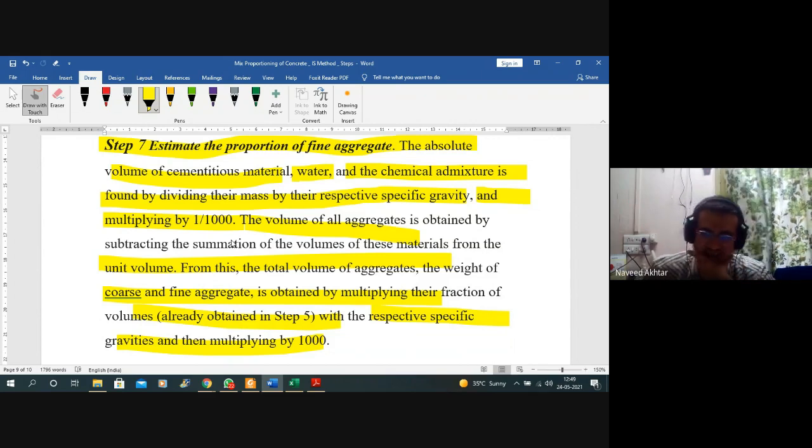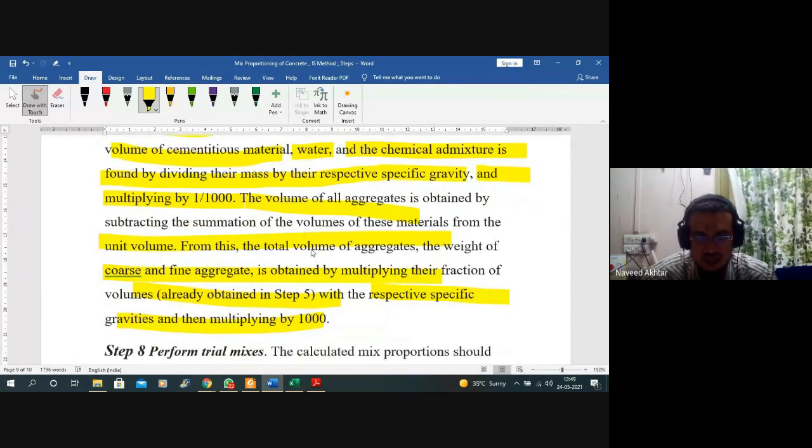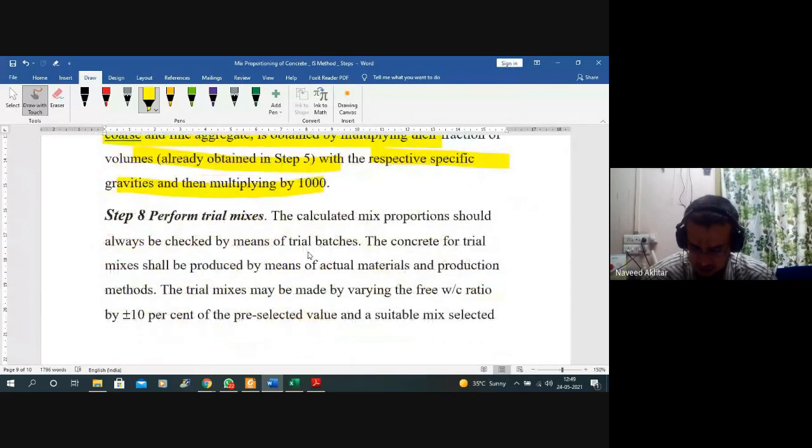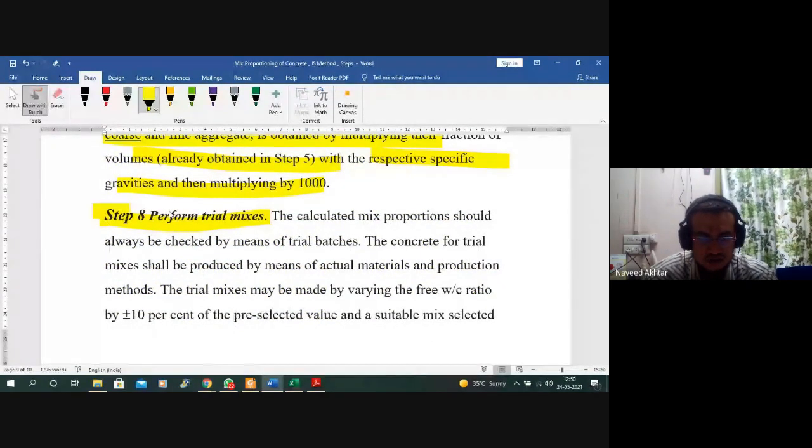Volume batching is totally not used nowadays. Then we will find out the volume fraction, and this trial number 1 mix is ready for you.